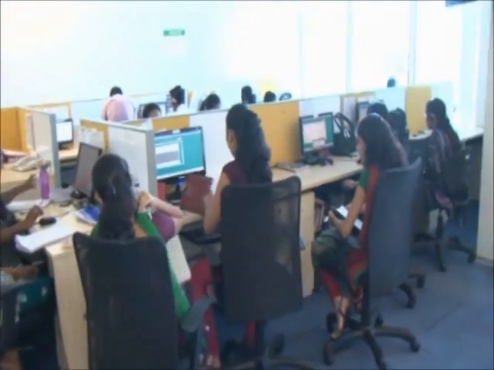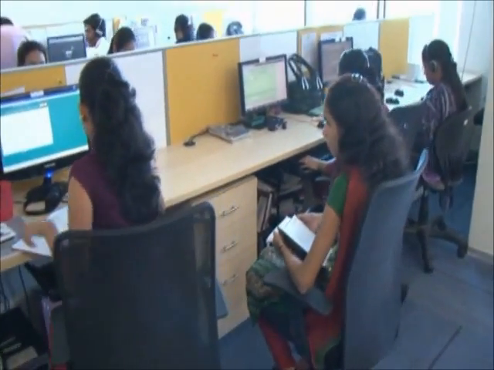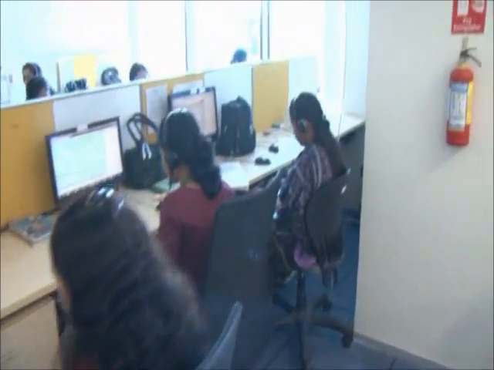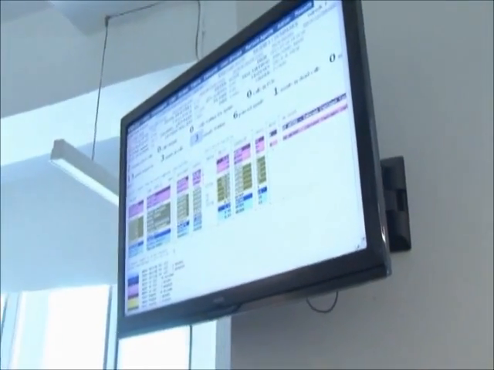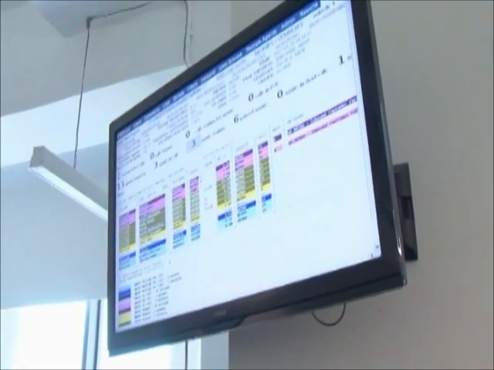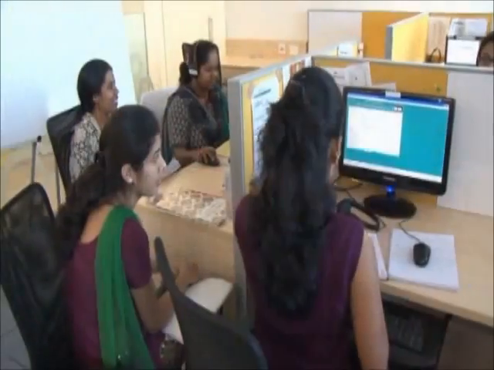The entire log of calls that we receive, there is a continuous monitoring system, as you can see on this monitor, as to how many calls we receive, whether they are addressed regularly, and we can have complete data on a monthly basis which is frequently monitored.